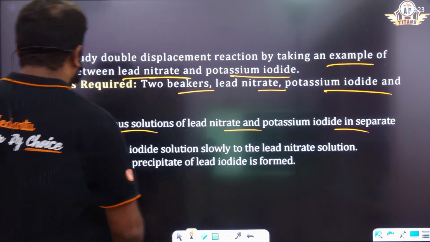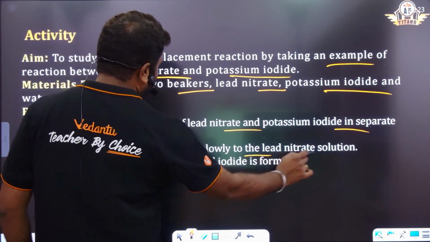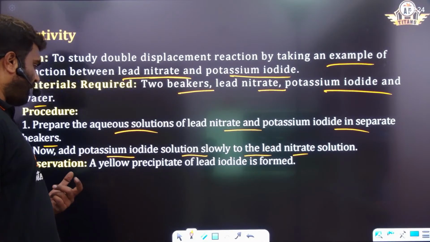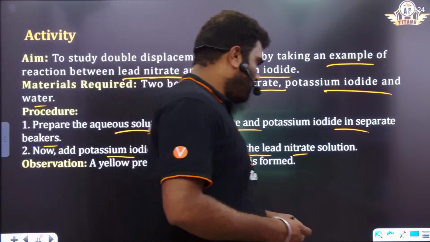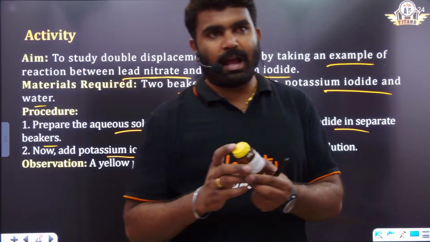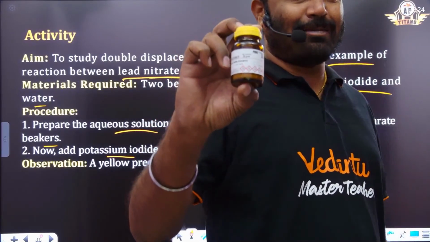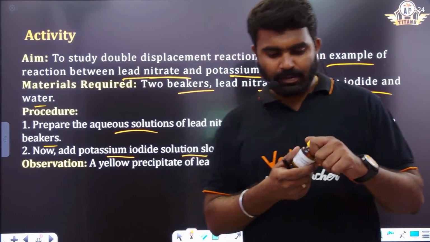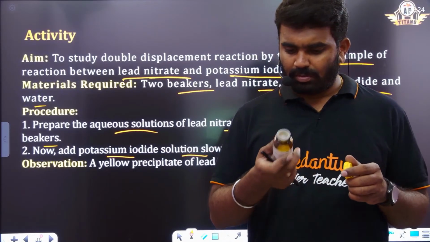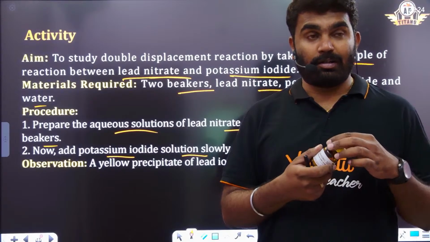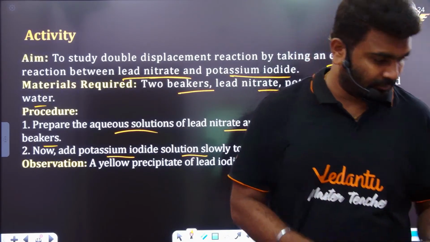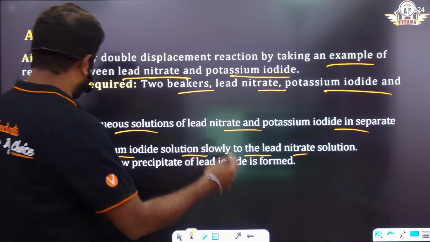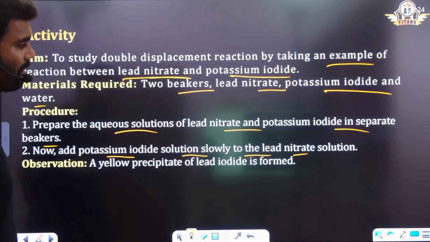Now add potassium iodide solution slowly to the lead nitrate solution. Sorry, we have to add potassium iodide slowly to the lead nitrate. Here this is potassium iodide. It is very costly, even though. If potassium iodide solution is added to the lead nitrate,